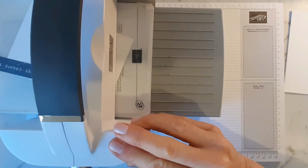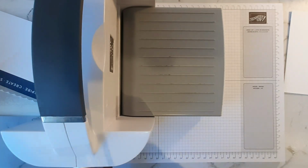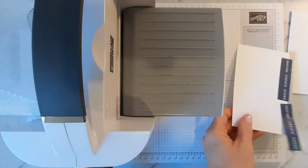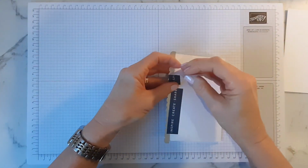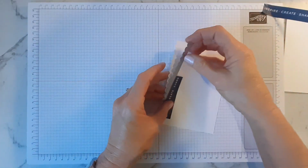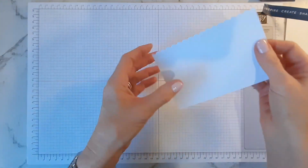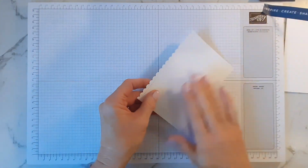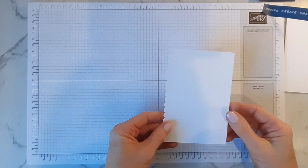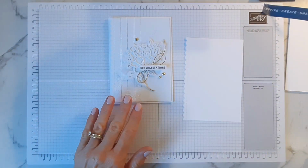Run that through. And just carefully peel these off. And I've got that lovely scalloped edge there. So pretty. I love anything with stitching. It's a lovely little touch. And then the next thing to do is to add this